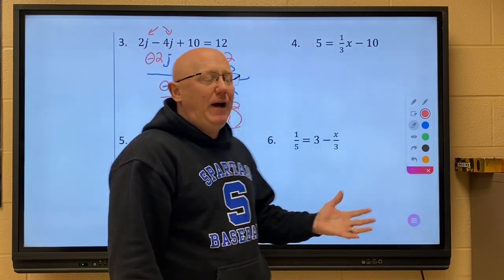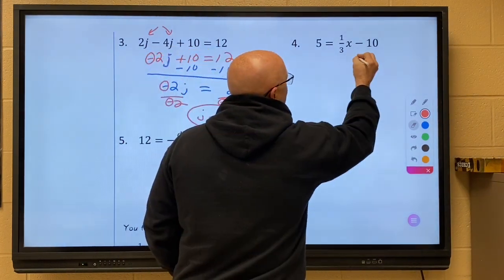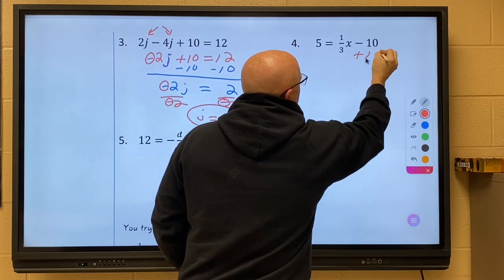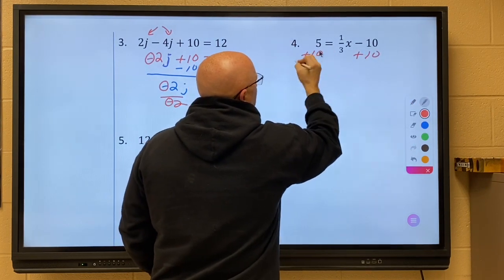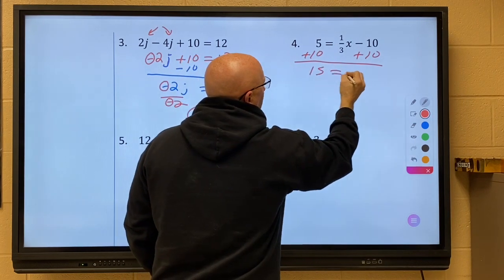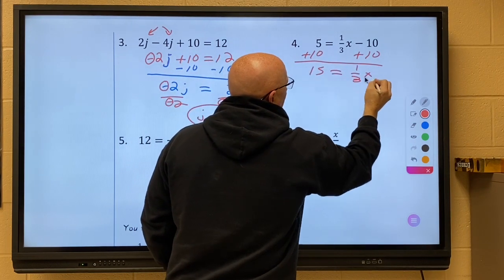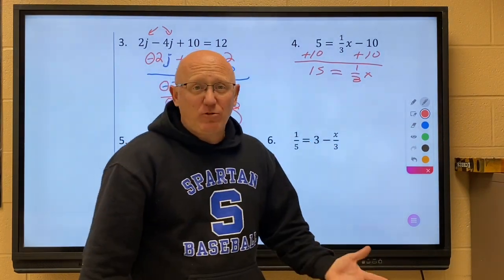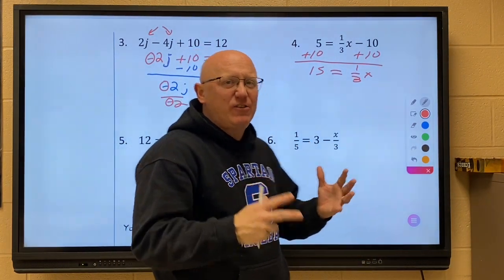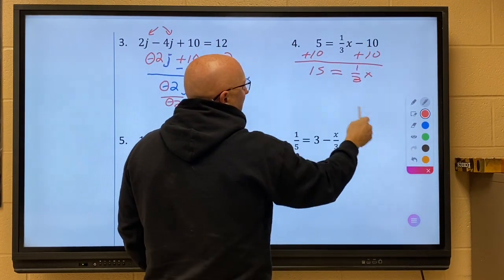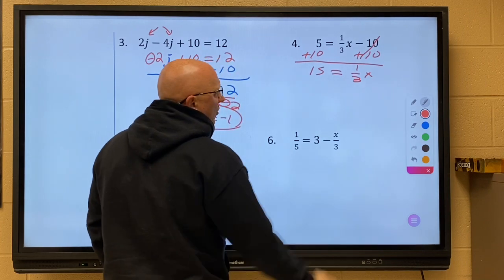Number 4, my first step is going to be, oops, sorry about that. It's going to be add 10 to both sides. And basic arithmetic here, 15, use a calculator. Use a calculator if you want to check your answers, or just feel at ease that you've made the right calculations here. And if I add 10 to both sides, this obviously goes to 0, and I'm left with 1/3